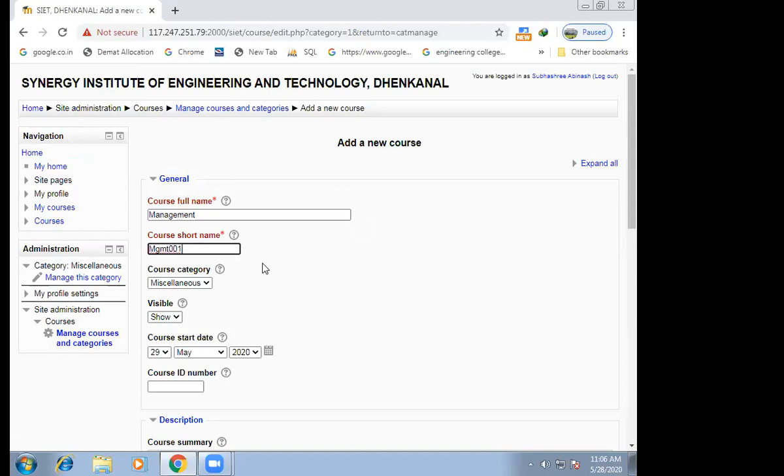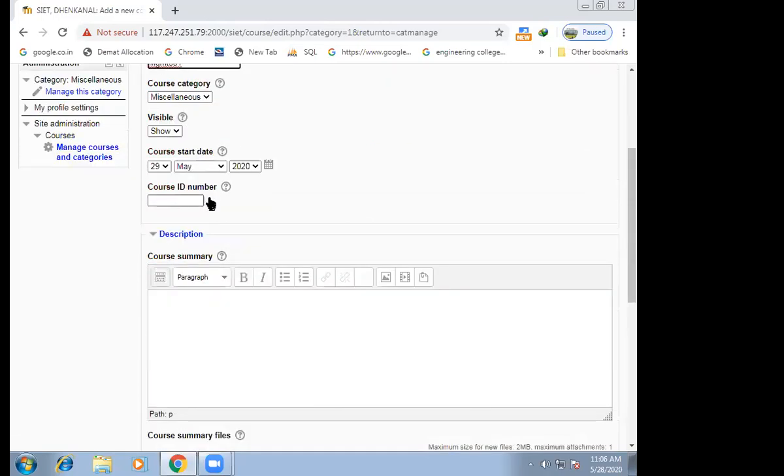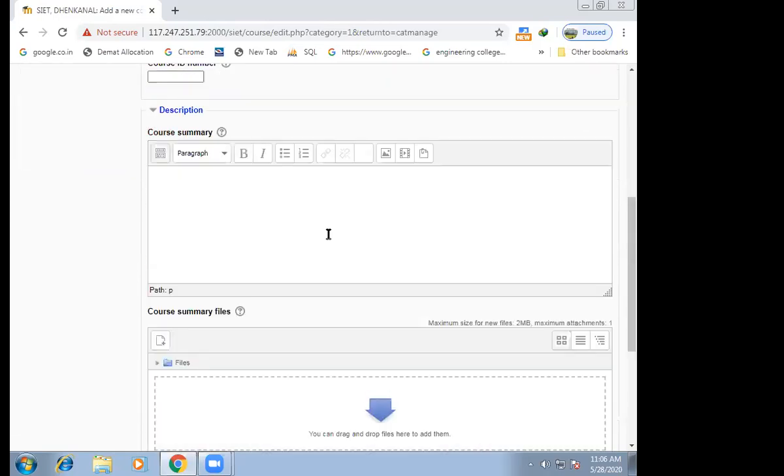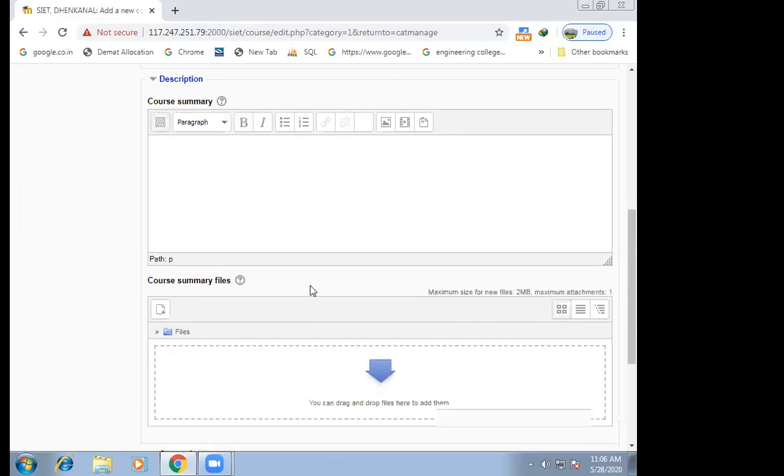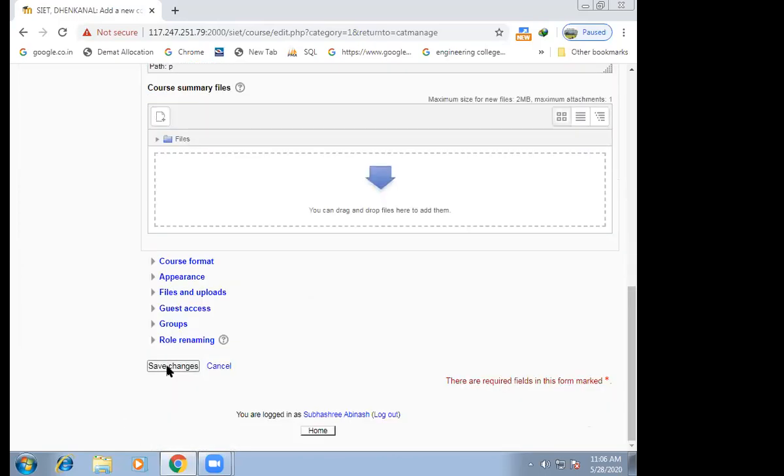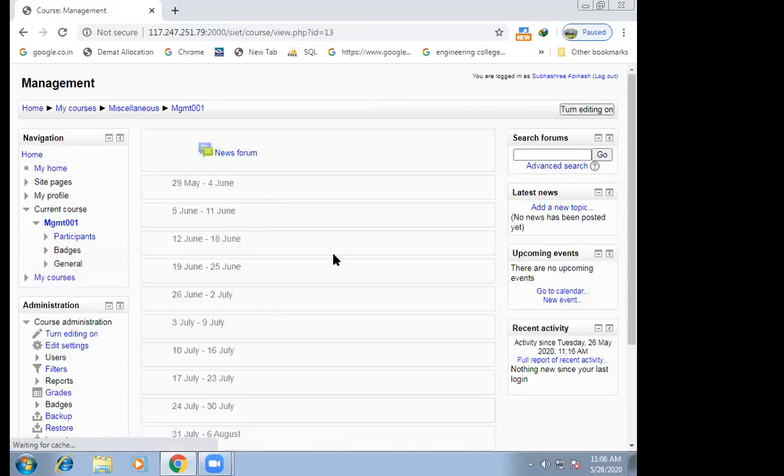These are not mandatory. So if you have any entries to fill, then fill. If you don't want to fill, don't fill. Just click on this save changes so that one course for management will be created. Right. So this is now the course management is created.